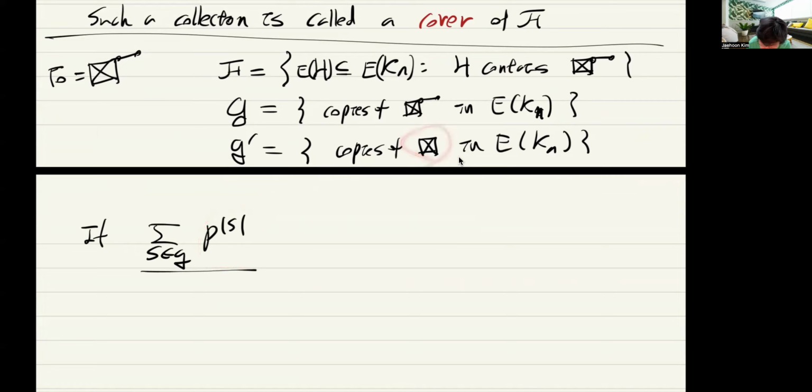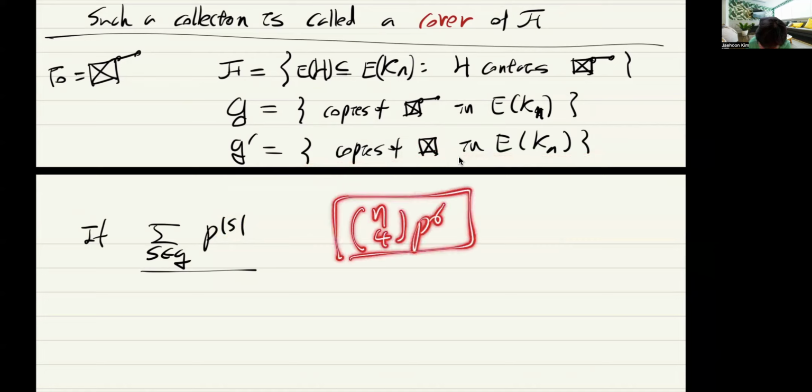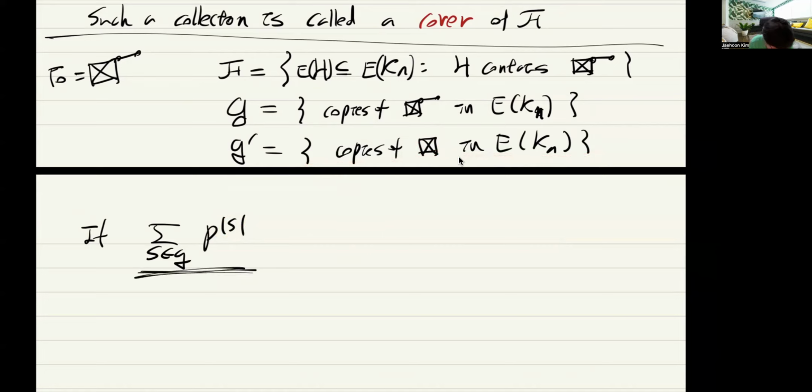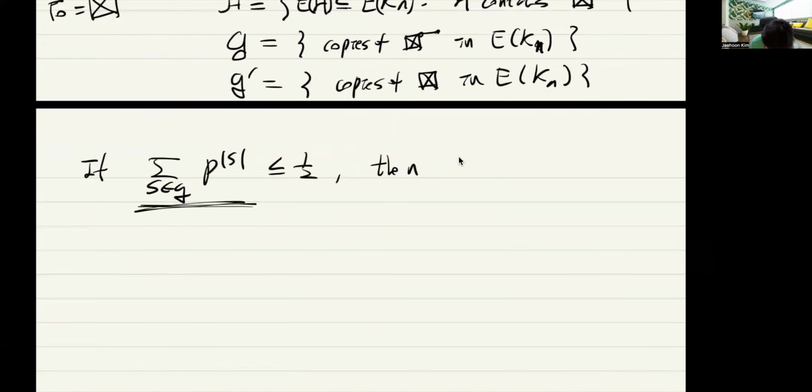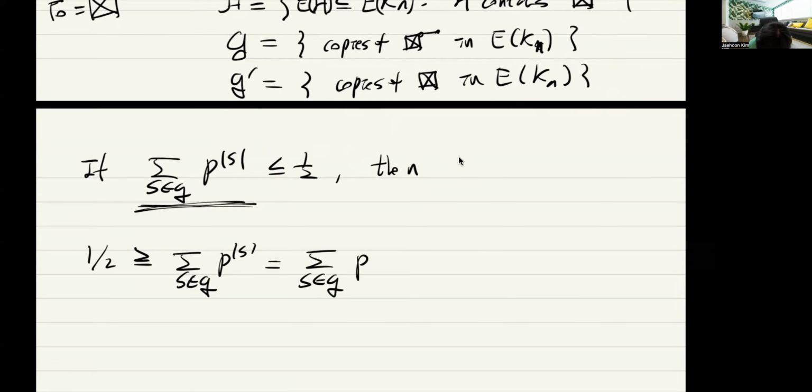For each copy of this K4, we compute P to the 6. So this is 6 edges, P to the 6, and then we add for all the copies. So that's exactly n to the 4 times P to the 6 that we computed. We do the same thing. And if this is a half, then you know that this holds, and this is exactly for all F you compute like this,